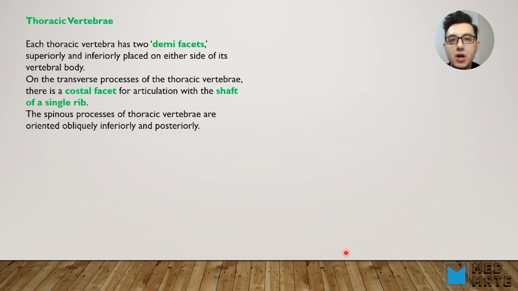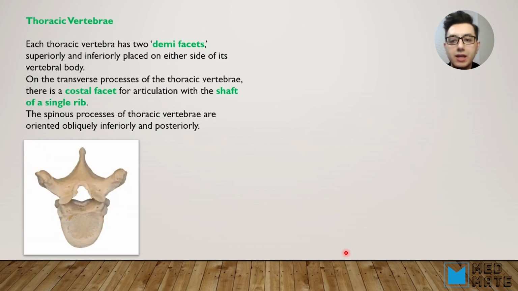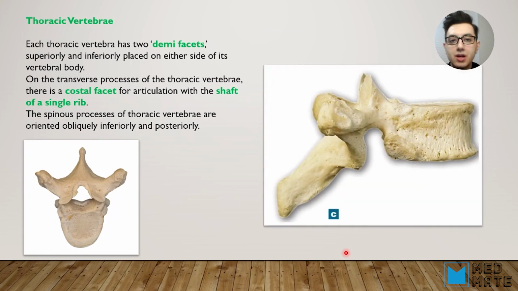All right, now let's talk about thoracic vertebrae. I told you thoracic vertebrae are located in the second section, and they are articulating with our ribs. So there are two types of facets that are important: demifacets, demicostal facets. They articulate with the head of the ribs, and so what you have to mind is that superior costal demifacet of